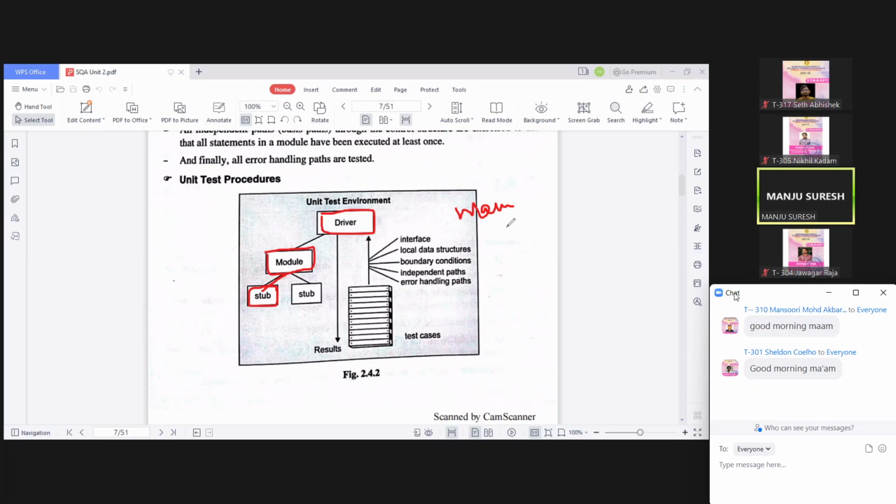Similarly, if my lower components are not ready and I want to work with the module created with the lower components, then we will create stubs. So did you get that both are dummy components? Both are dummy components, but when the lower components are not ready and we create a dummy component for them, it is called a stub, and the main component which is starting from the top is called a driver. Okay, so this is how we make use of stubs and drivers in unit testing.